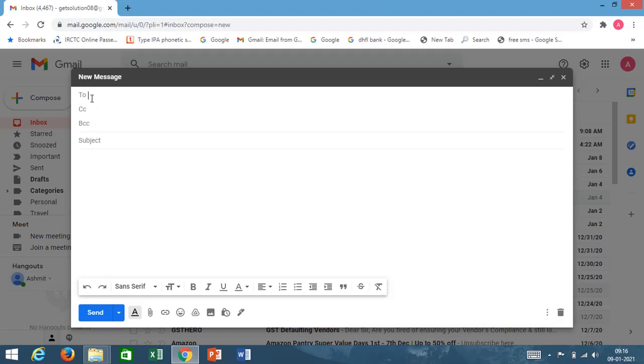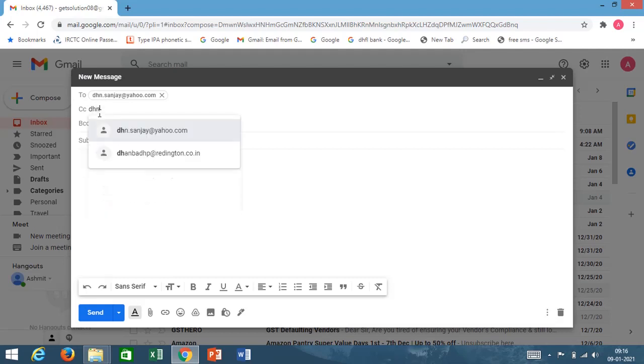Now if I am sending an email to someone, by writing the email ID in the to box, I have written an email ID. Now the same email I want to send to a few more people. Okay, I will write their email IDs over here. Kindly assume these email IDs as different email IDs.